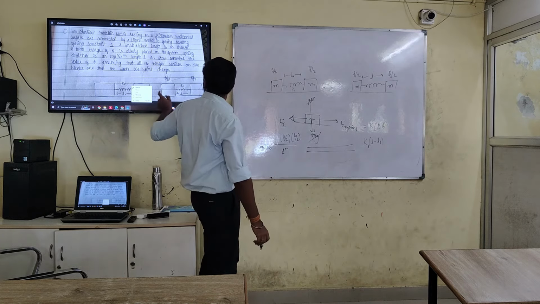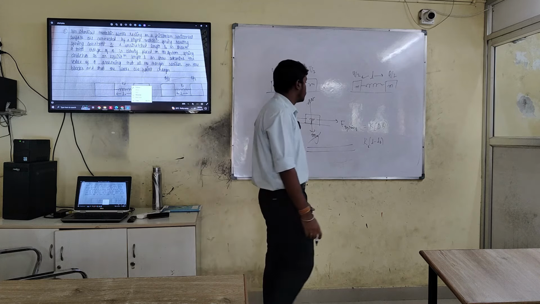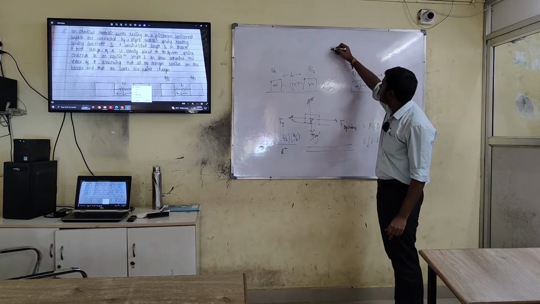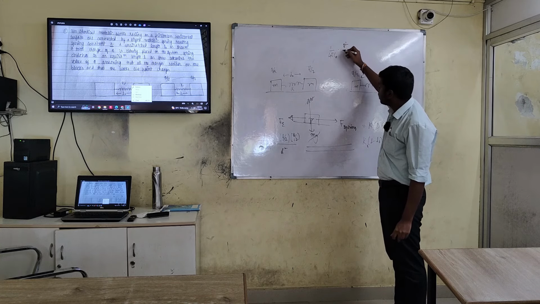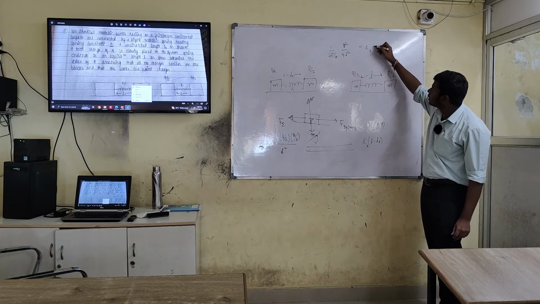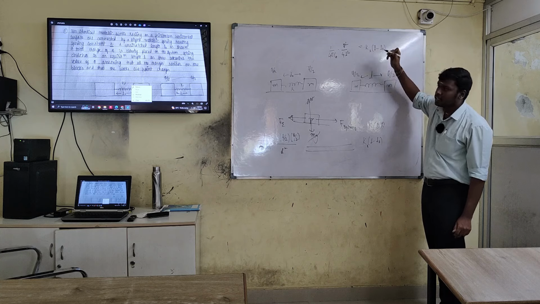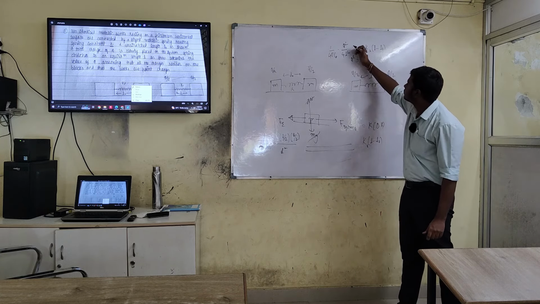They asked to determine the value of Q. Then 1 by 4 pi epsilon naught into Q square by 4L square equals spring constant into (L minus L naught). Yes or no? So Q square is equal to